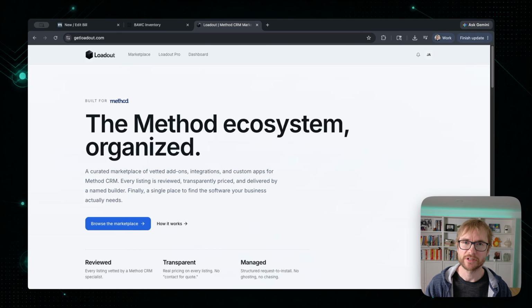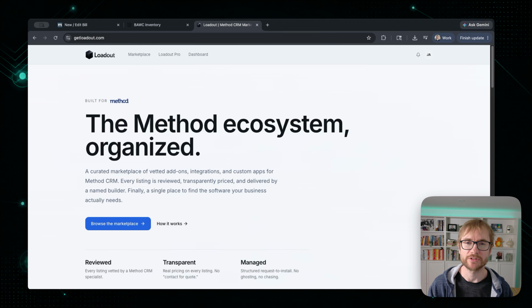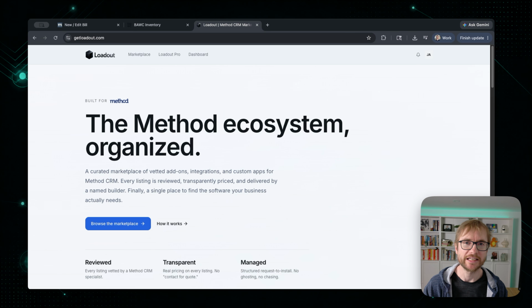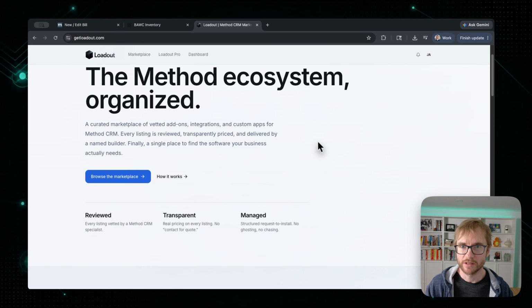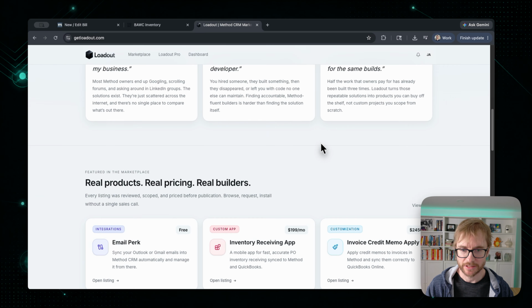You can find the Inventory Receiving app on the Loadout marketplace at getloadout.com. If you haven't heard of Loadout, it's a marketplace for Method users to discover apps, integrations, automations, and custom solutions that extend what they can do with Method. So find the app in the marketplace